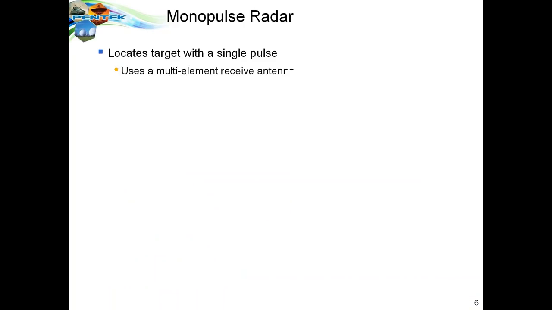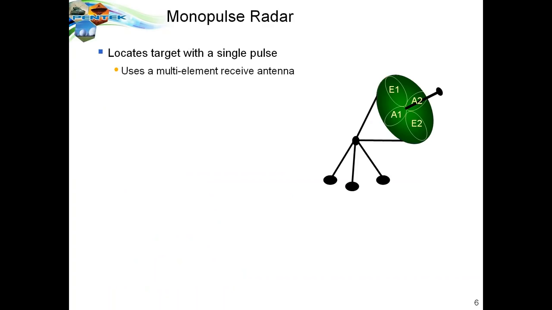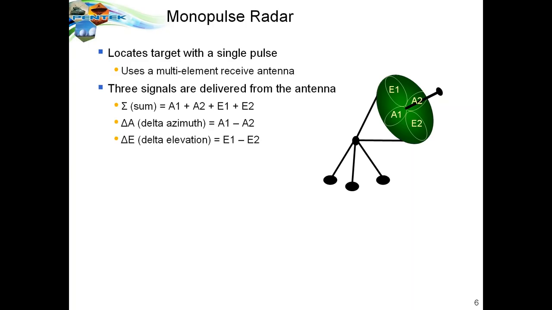The next radar we'll look at is called monopulse radar. It locates a target with a single radar pulse, and it uses a multi-element receive antenna. Three signals are delivered from the antenna down to the radar processing system. The first is the